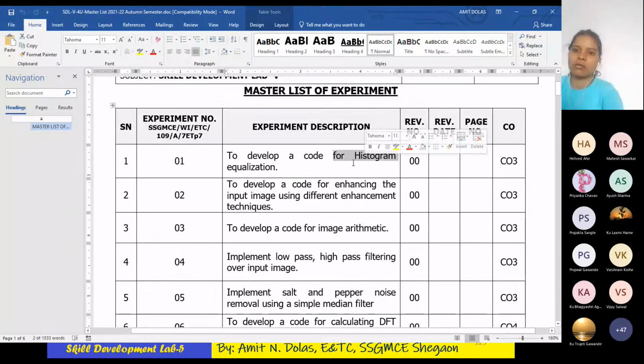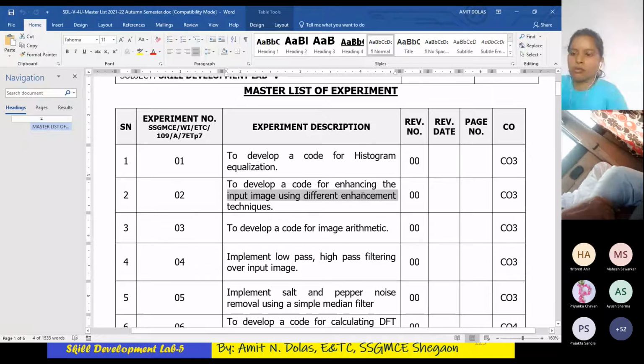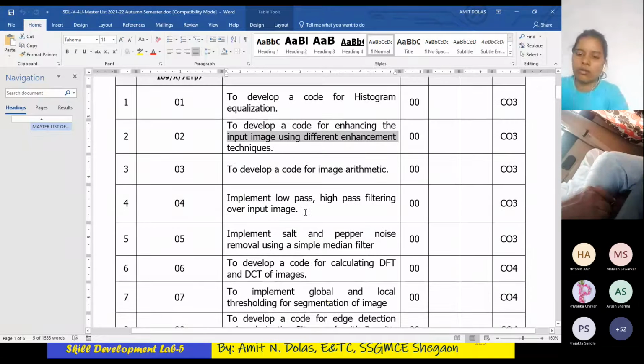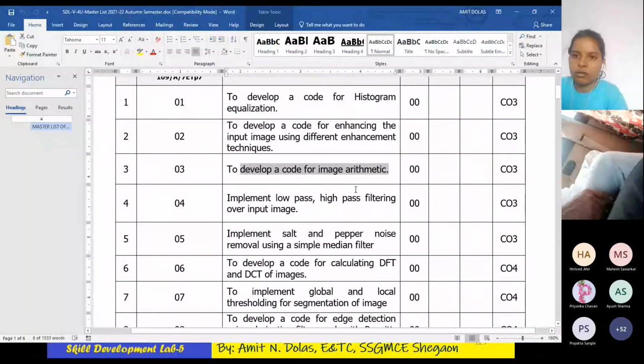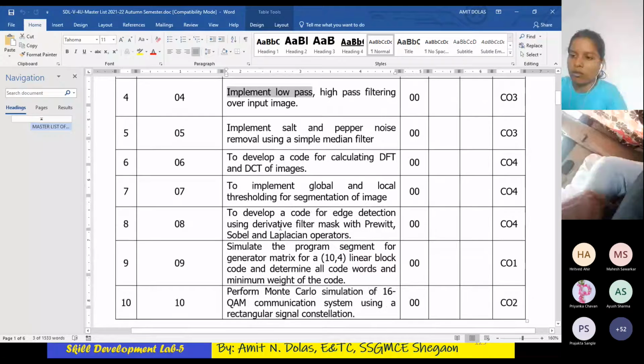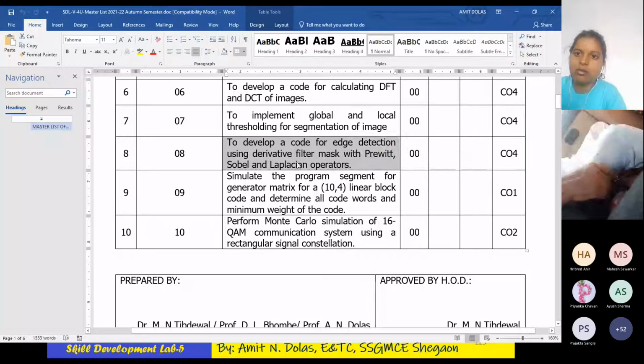You know what a histogram is. I taught you what a histogram is. Then after we performed this experiment, we saw different enhancement techniques to improve contrast and brightness. Image arithmetic sir had taken. Then after I completed this experiment, filtering also similarly. So these are again the filters Prewitt, Sobel and Laplacian, which we will apply.